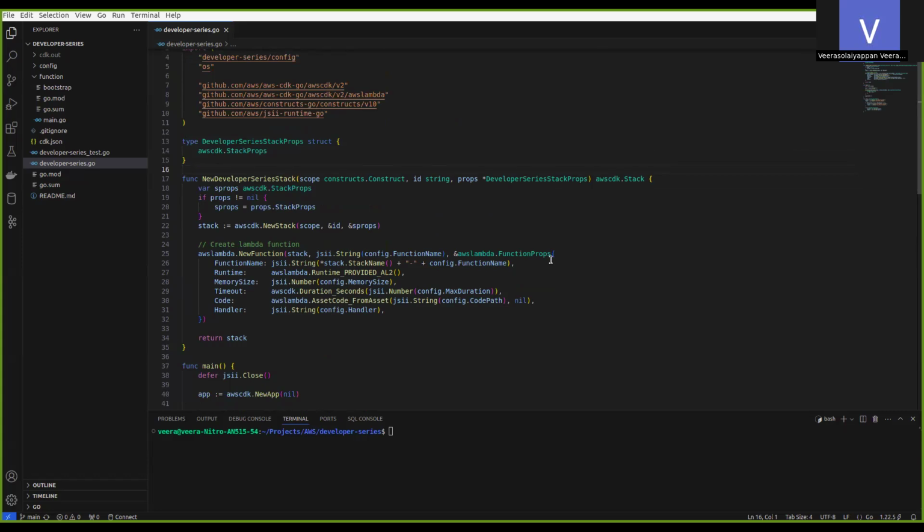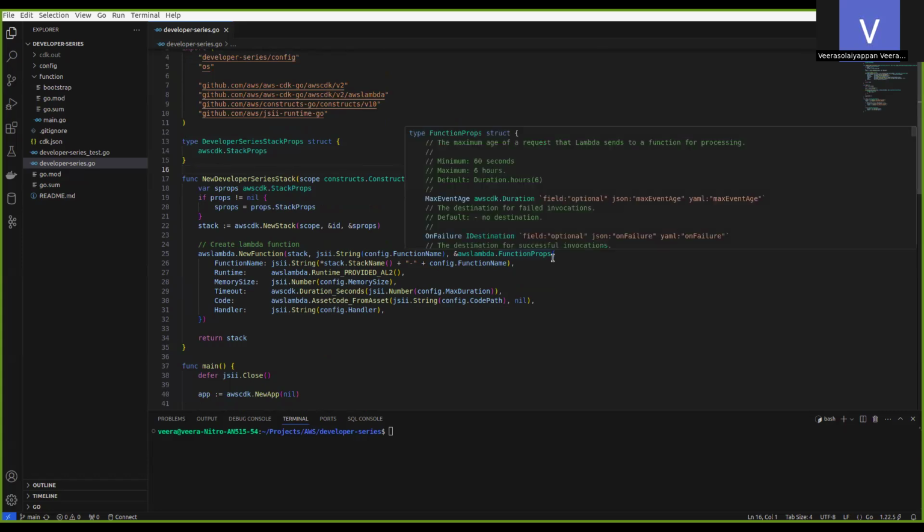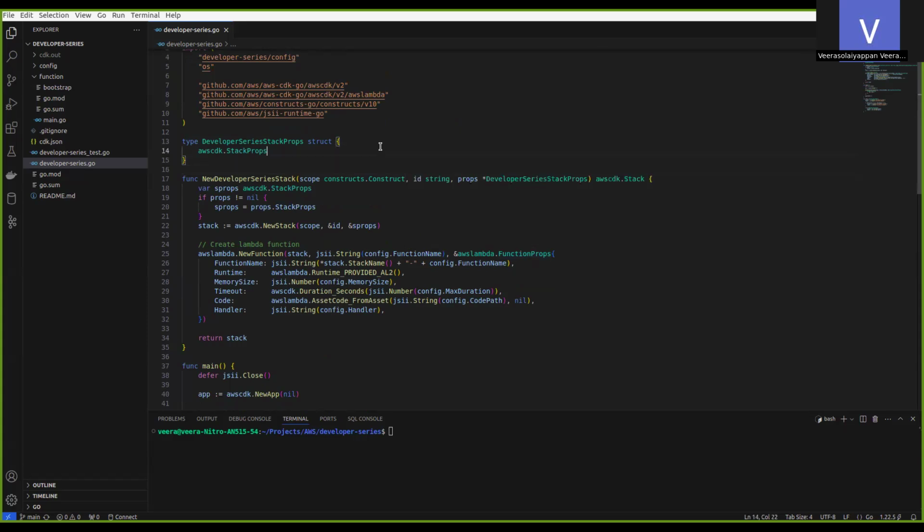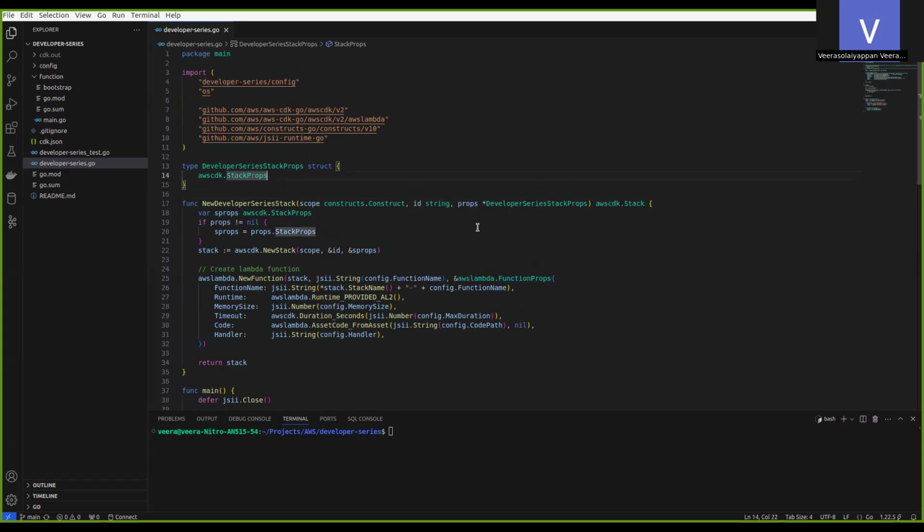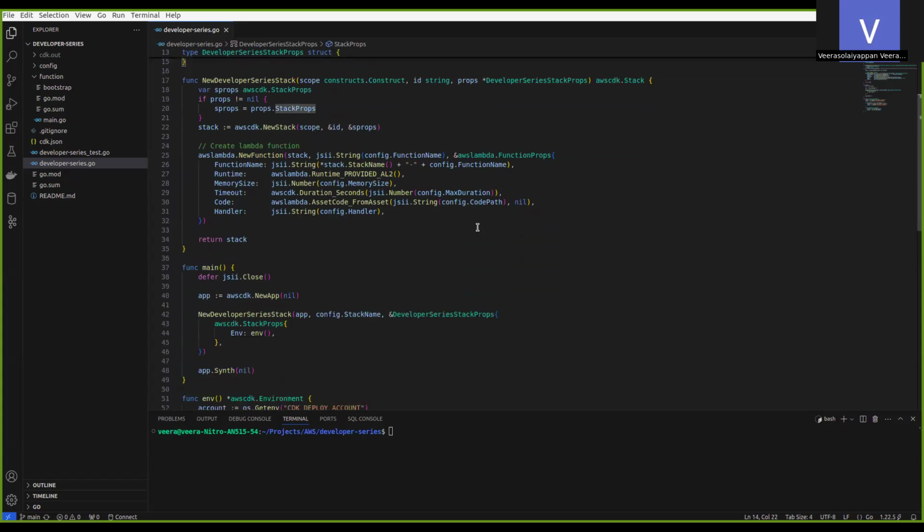Okay, so in the previous video we discussed how to create the AWS CDK application using Golang. Now we are going to create the Lambda function.